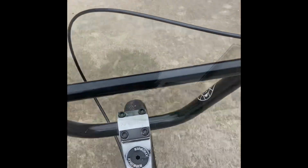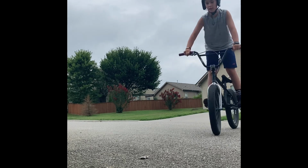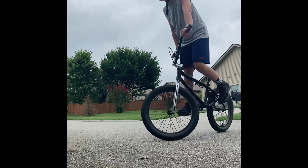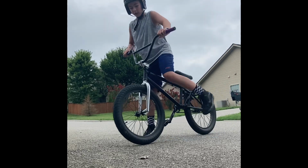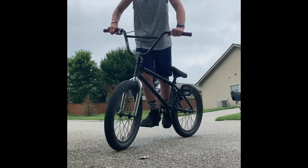Okay, I'm going to show you guys how to do 5 beginner BMX bike tricks. All right, let's go. Okay, so what you do for the bunny hop is pull on your front, and then this part is a little bit harder. You just want to lift your back wheel up like this, and how you do that is